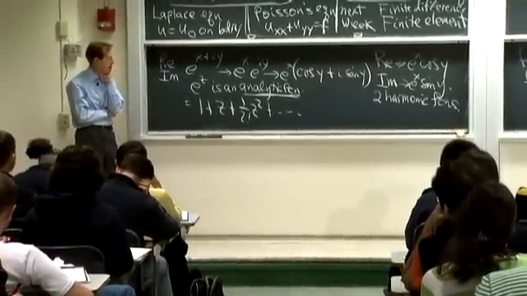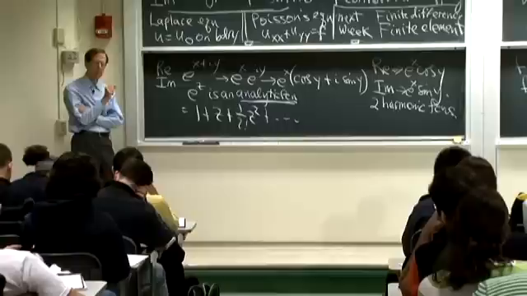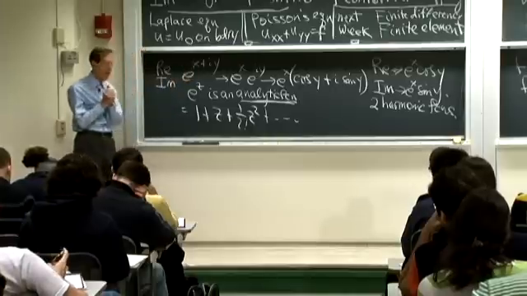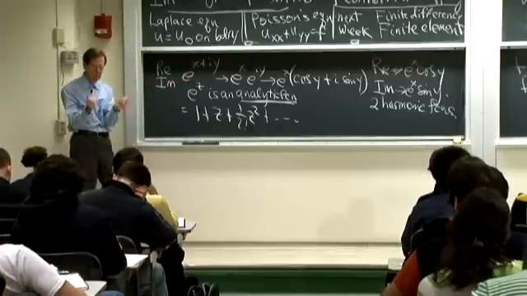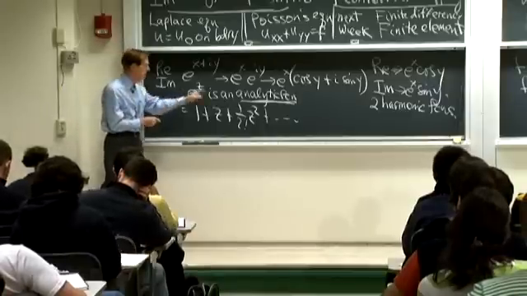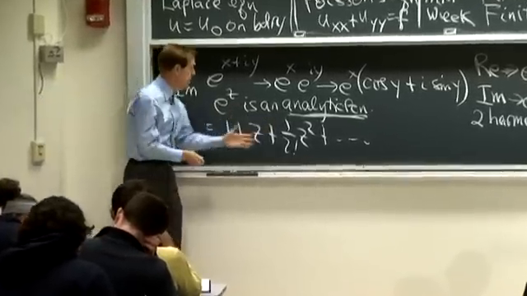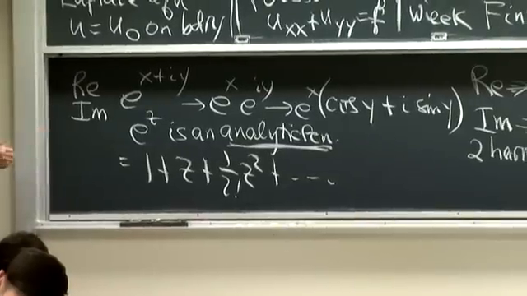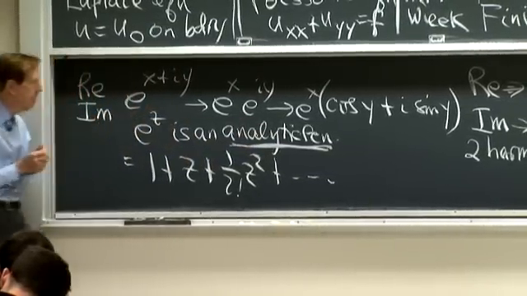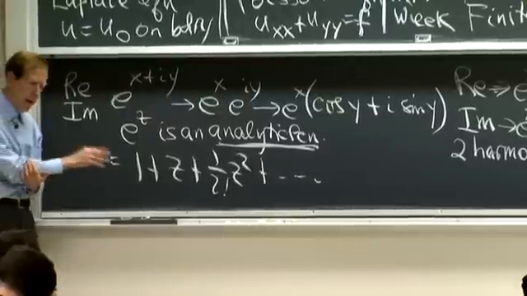Now, I'd like to take one more example. Instead of the exponential, can we take the logarithm? I want to take the log of x plus iy, and I want you to split it into its real and imaginary parts and get the u and the s that go with that. So this was like the nicest possible. We got a series, the e to the z is good for every z. The series converges, fantastic. It's an analytic function everywhere. Best possible. Now we go to one that's not best possible, but